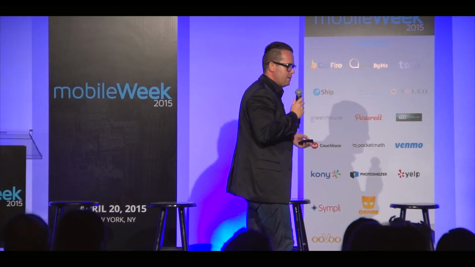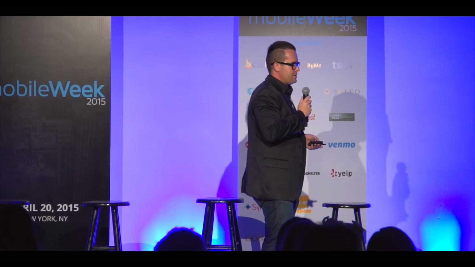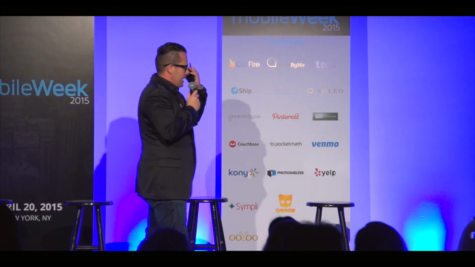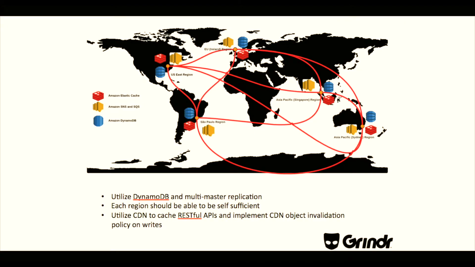So let's say if my US East region goes down for some reason, then everyone else is dark. So when you're talking about designing your distributed cloud architecture, you need to think about those things and try to design your API stack in a way so ideally each of these regions should be self-sufficient and then pick up the traffic if another region goes down. There are Amazon services that allow you to do that, and Route 53 is a good